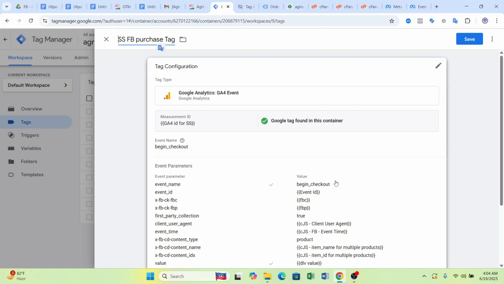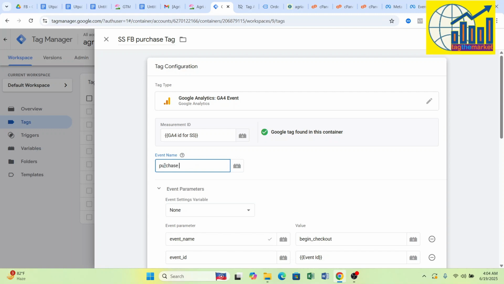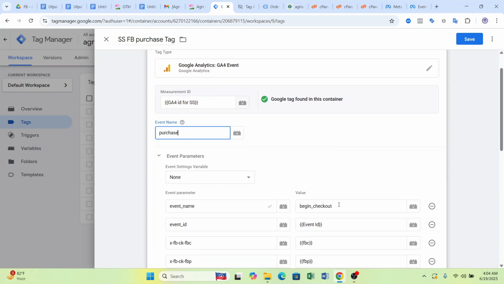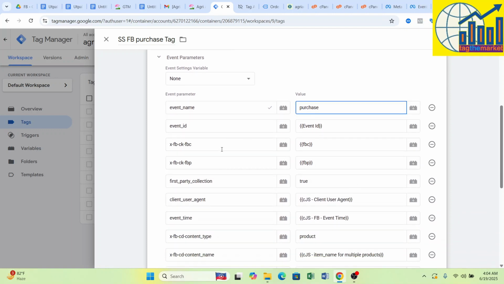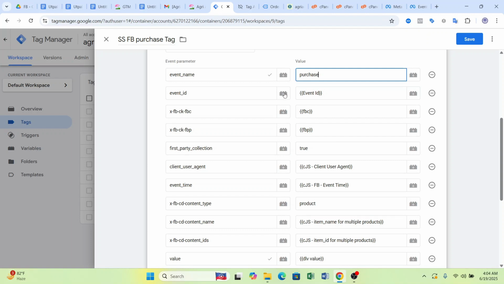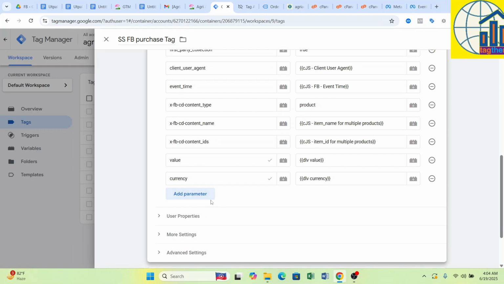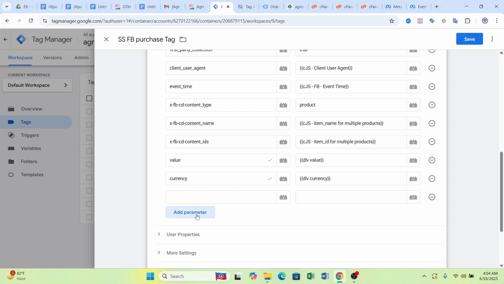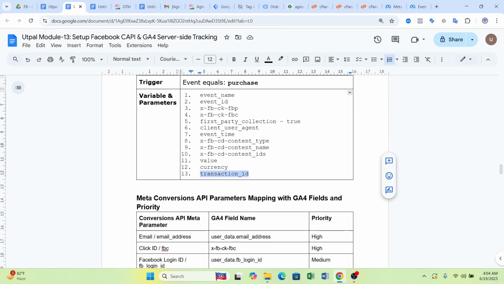Purchase tag, purchase. So begin checkout and this purchase are almost the same. Only there is one change, which is I have to add an extra parameter, transaction ID. If I go there, this transaction ID,